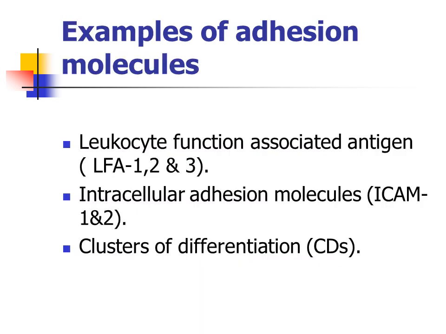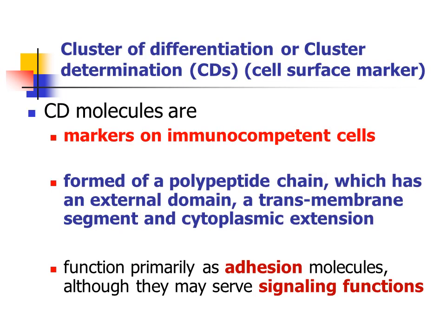Examples of adhesion molecules are leukocyte function associated antigen, called LFA 1, LFA 2 and LFA 3, and intercellular adhesion molecules such as ICAM 1 and ICAM 2. وفي حاجة كمان مهمة اللي هي اسمها cluster of differentiation. ايه هي الكلاستر of differentiation دي؟ cluster of differentiation دي marker on immune competent cells